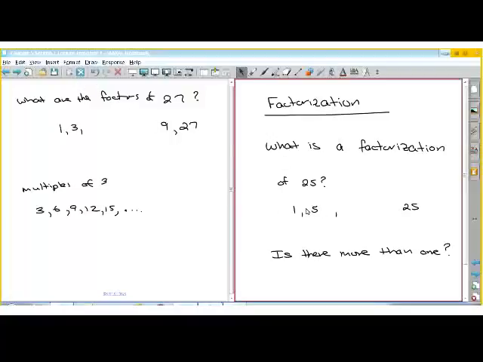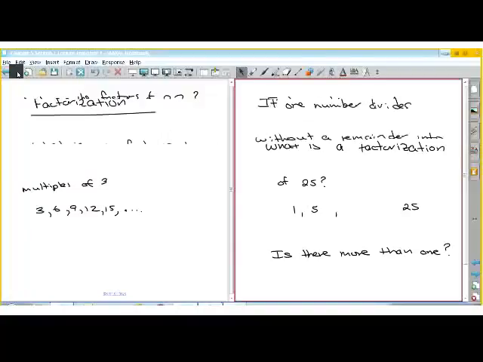Because the reason you say that is 1 times 25 is 25, 5 times, well, I don't have anything to multiply it by. But that's really not what we're looking at. We're asking the question, what numbers can I divide 25 by and get natural numbers? Well, 25 divided by 25 is 1, 25 divided by 5 is 5, 25 divided by 1 is 25. So don't include